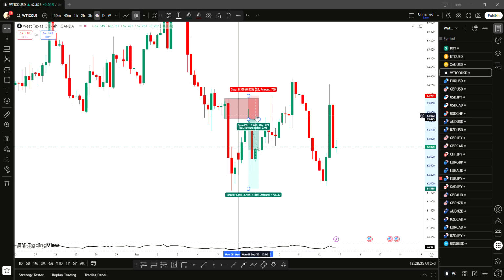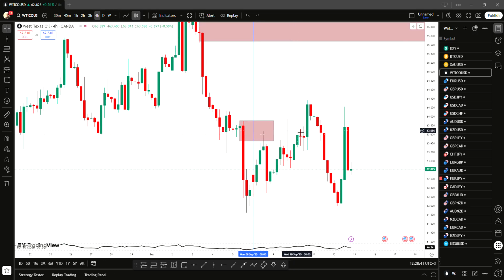So when price retraced, I thought it wanted to come back and react from this zone again. That is where the problem was. I thought we were going to react from this zone again, but we did not react from the zone. So what happened is price came and broke this previous supply zone. Then after breaking the zone, I thought we are going to react from here and